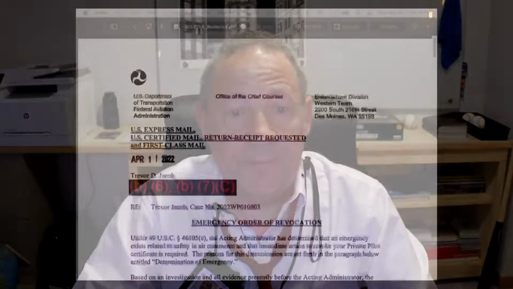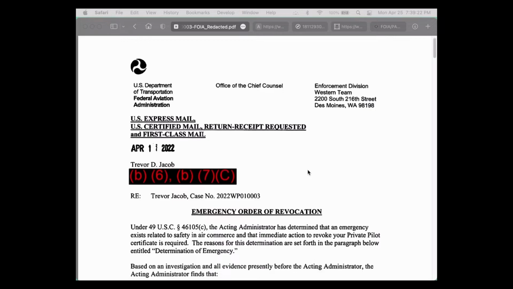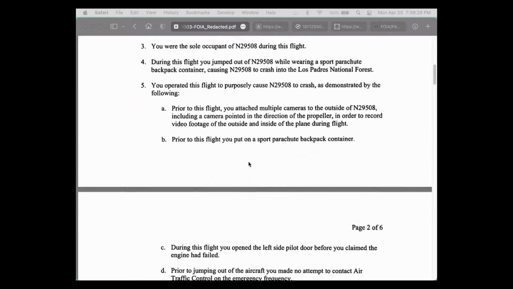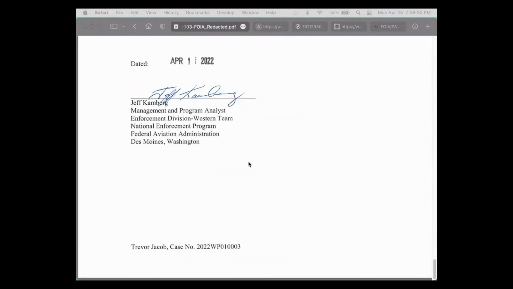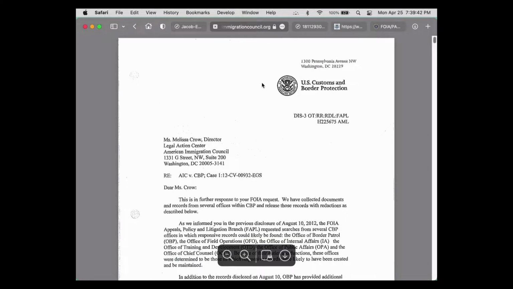But what I wanted to talk about today were those codes on the FAA letter. So here's the FAA letter that was sent to Trevor Jacob. And here are the codes, B6, B7C. There are also the same codes at the very bottom of the document, right next to Trevor Jacob again, B6, B7C. So I did a search on the web for these, and I see them also in this document